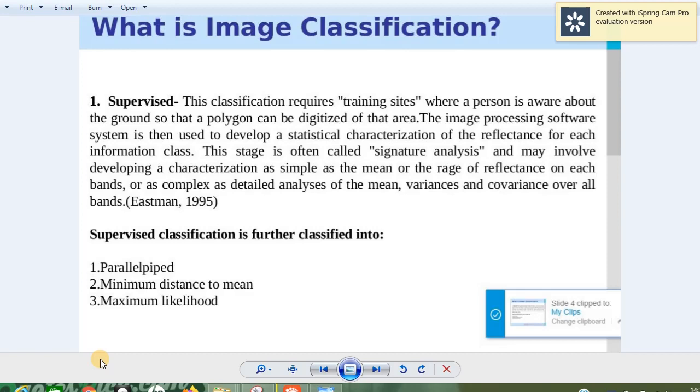How many types of classification techniques are there? We can say that classification can be done in two different ways, and there are also some other advanced classification techniques, but today in this session we are going to discuss supervised and unsupervised classification. First we start with the meaning of classification. What does classification stand for? Classification means